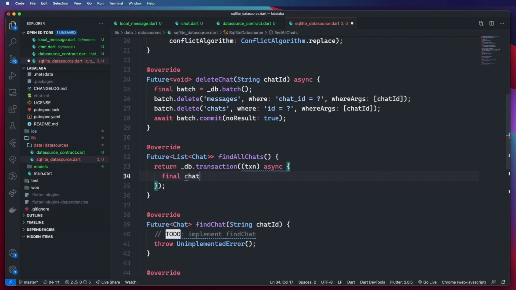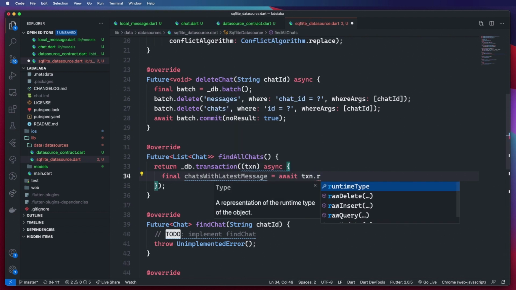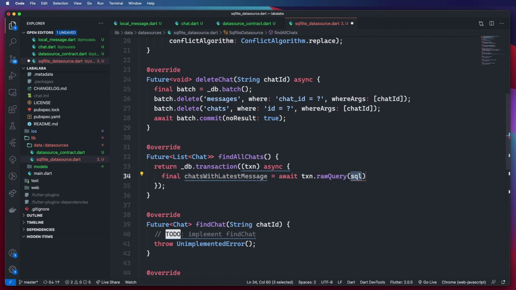So first I'm going to create a variable known as chats with latest message, and this is going to be a raw SQL query. So I'm going to say await on the transaction object. I am going to run a raw query, and inside this query I'm going to use a multi-line string,